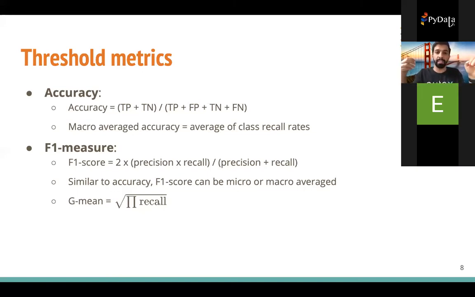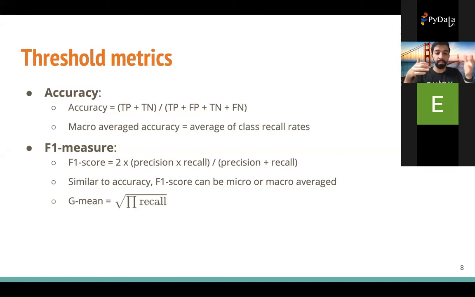So for example, your accuracy could be 95%, but the recall of the positive label is going to be 0.05 because you're predicting very few of the positive label. The average of them is going to be around 0.5. So the nominal accuracy is going to be 95, but the balanced or the macro average accuracy is going to be around 50%. So we see there's a huge difference between them.